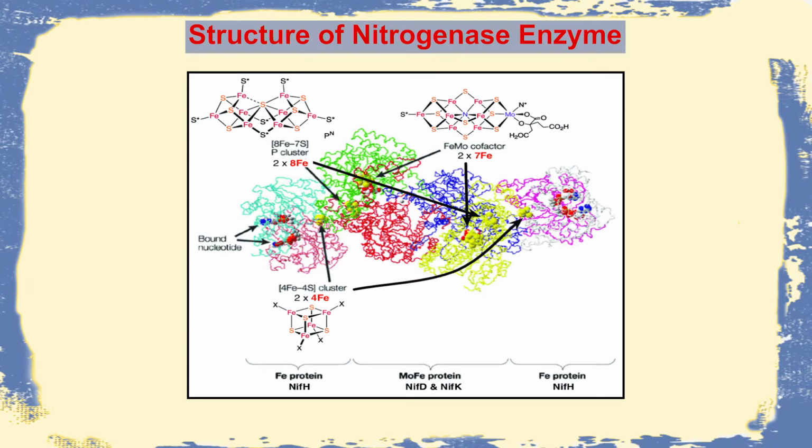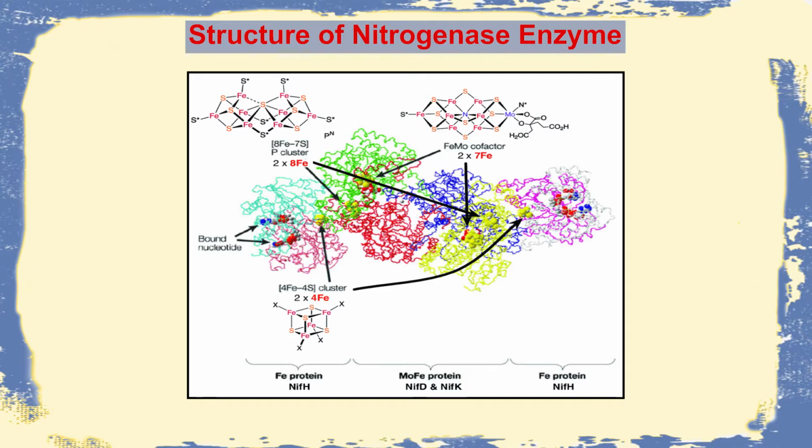And nitrogenase, the molecular structure indicates, is formed of three different components, that is the Fe protein, and the Fe protein remains on both sides, whereas towards the center there is the MoFe or molybdenum iron protein. One of the Fe proteins, which is produced by Nif H, has the bound nucleotide and it has a 4Fe-4S center, while the other side also has 4Fe and 4S, but it is produced by